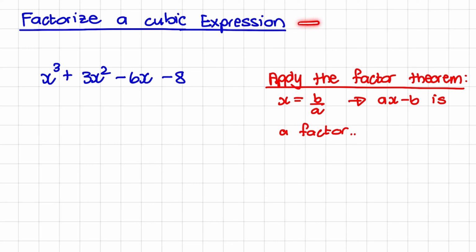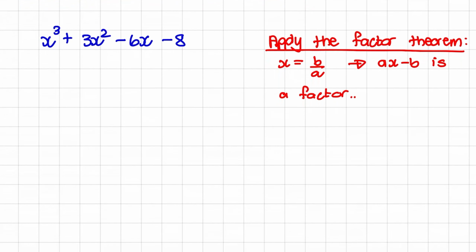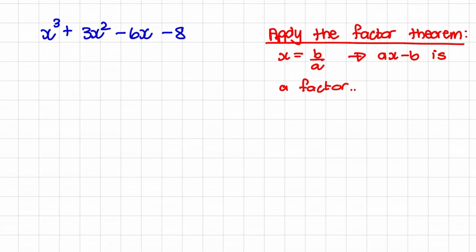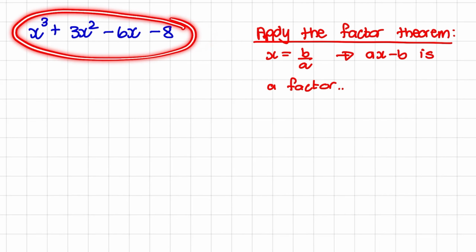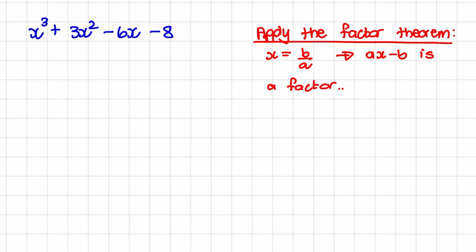In this video, we'll go through an example on how to factorize a cubic expression. In this example, we will factorize x cubed plus 3x squared minus 6x minus 8. In order for us to factorize this, we first need to find a factor. So we will apply the factor theorem, which says x equals b over a leads to ax minus b